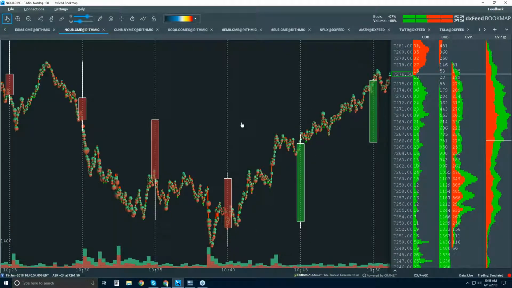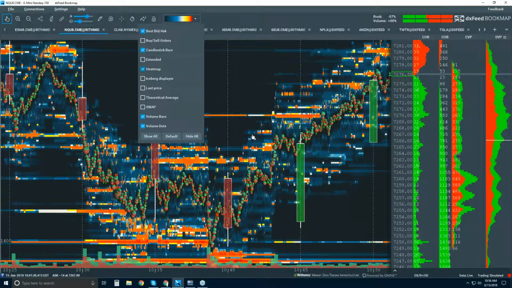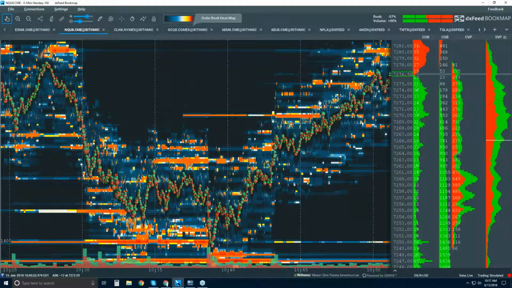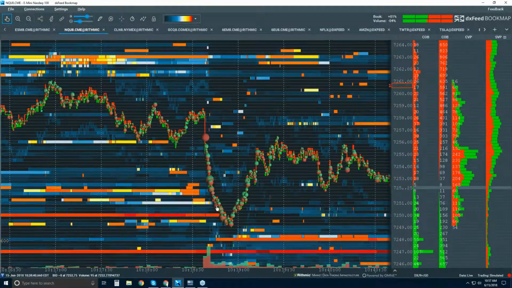volume and microstructure, and now the heat map. Let's put the heat map back on. Now we have a complete picture, and let's take the candlestick off. Now we have a complete picture of really what's going on in the market. Okay, we have very precise data. Okay, we know precisely where the volume traded. We can get the numeric values if we want,